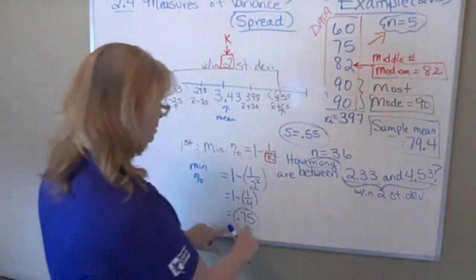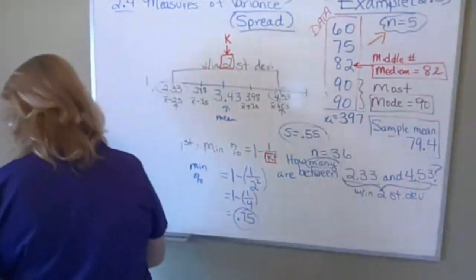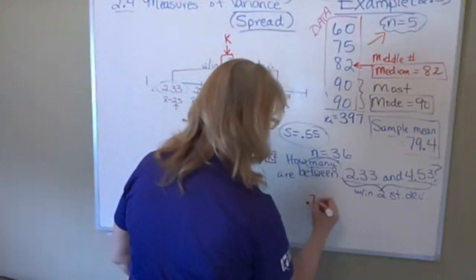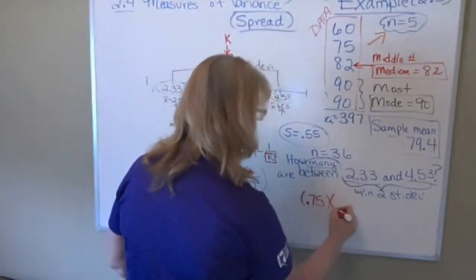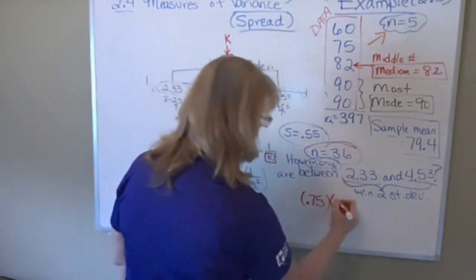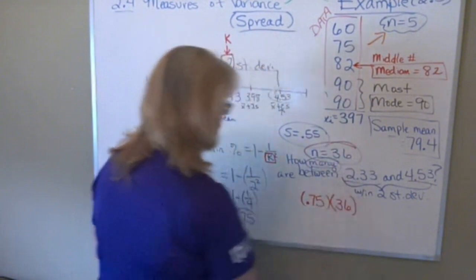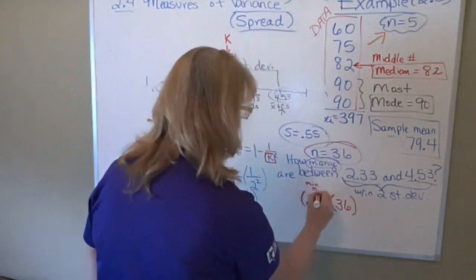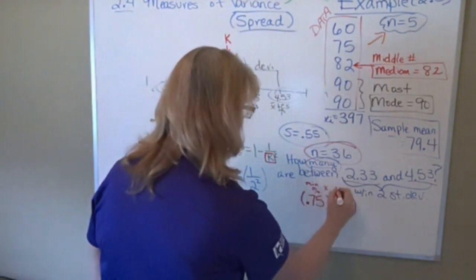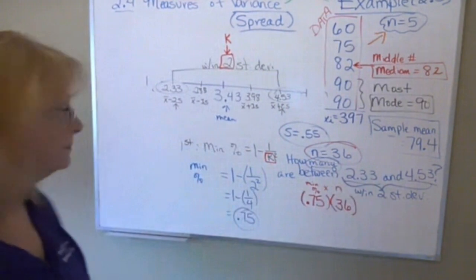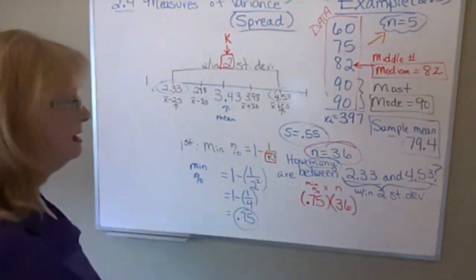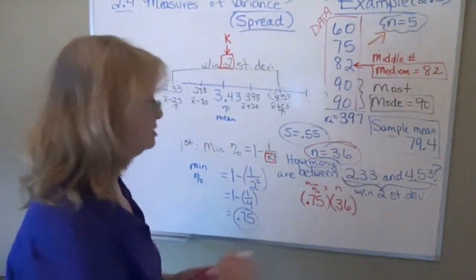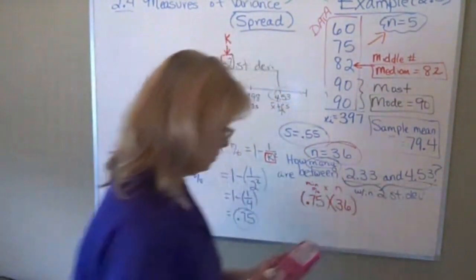So now I'm going to find 75% of the number of geyser eruptions there were. So I'm doing the minimum percent times n. And that's going to tell me the minimum number of geyser eruptions that will last between 2.33 and 4.53